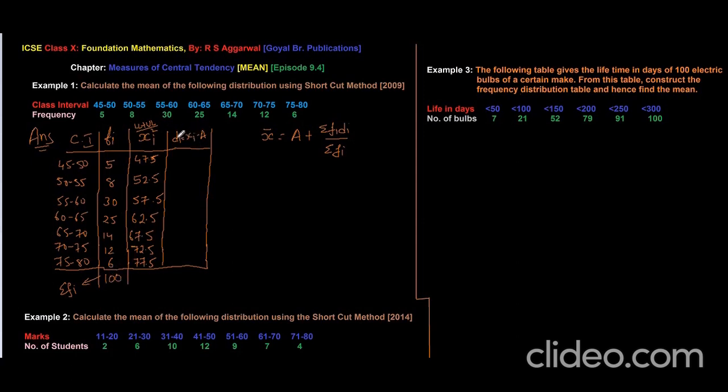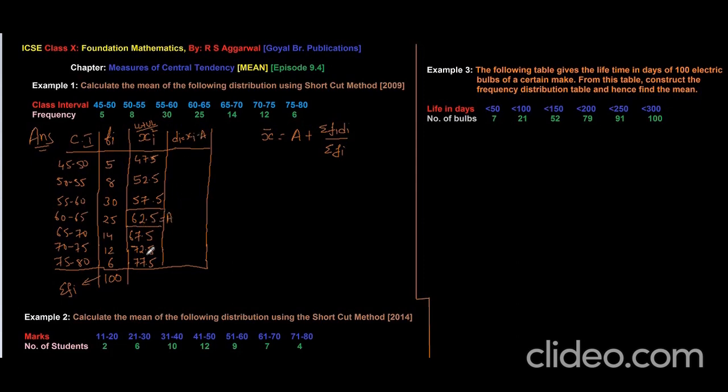We still require to find out di. Di is equal to xi minus a. What is xi? These are the values of xi. A means assumed mean. We have to find out the assumed mean. As I told you in the previous episode, if you are having an odd number of groups, then we take the middle one. So how many observations are there? If you see 1, 2, 3, 4, 5, 6 and 7 groups are formed. So in these 7 groups we are going to take the middle one, and which one is the middle one? This one is the middle one. This will be my A. So 62.5 is my A.